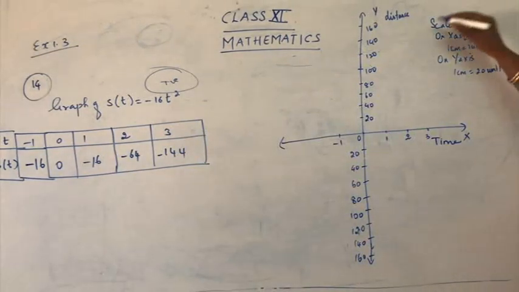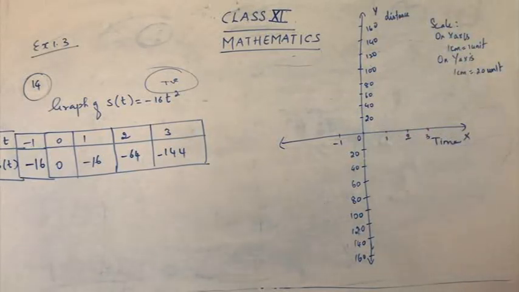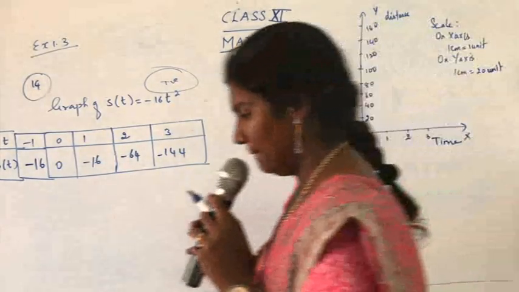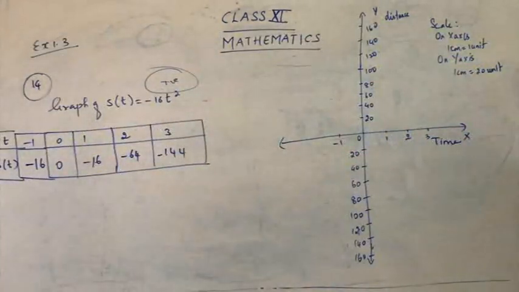You can use a pen for writing this part, but for drawing the x-axis and the y-axis you have to use a pencil, and other details can be given with a pen. Take down the graph. Draw neatly. I have told you that when you mark the points, use the scale to mark the points so that the graph looks neat.